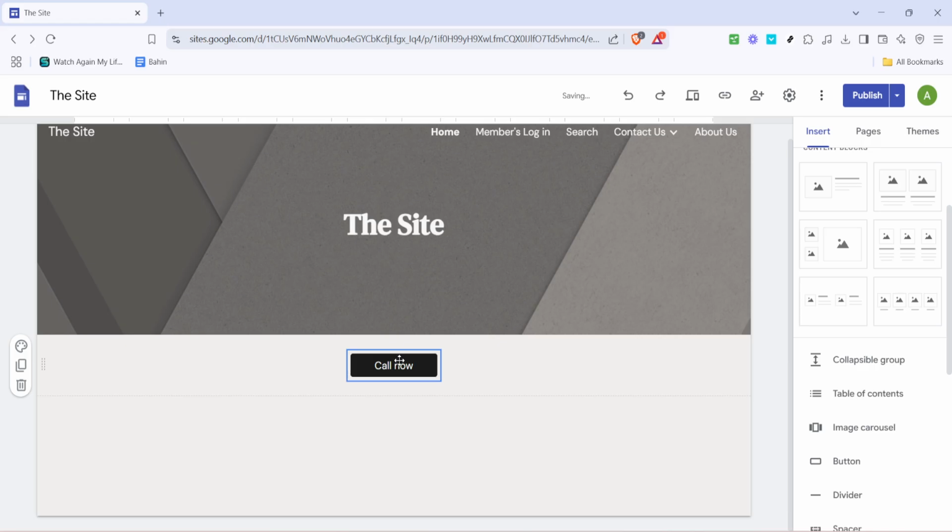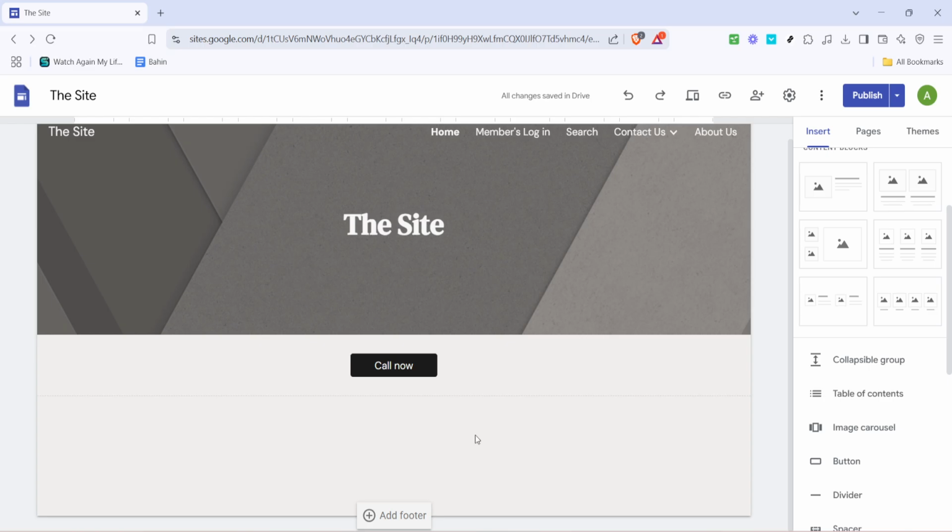Congratulations! You've just made it incredibly easy for your visitors to get in touch with you over the phone. Before wrapping up, take a moment to preview your site with this new feature. Click the preview icon and navigate to the section where the button is placed. Test it by clicking the button, ensuring that it correctly initiates a call to your telephone number. This extra step confirms that everything works smoothly and gives you the peace of mind that your visitors will have a seamless experience.